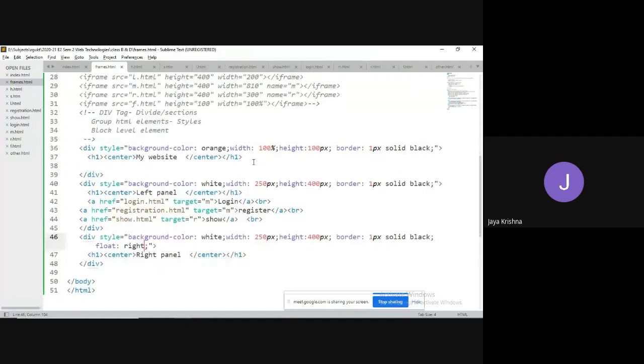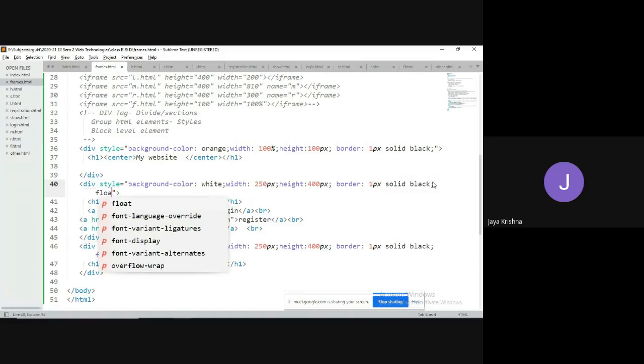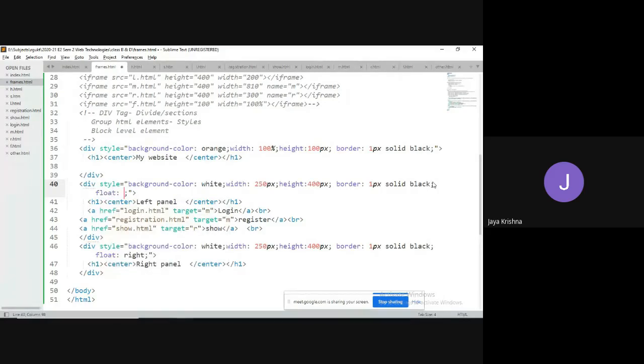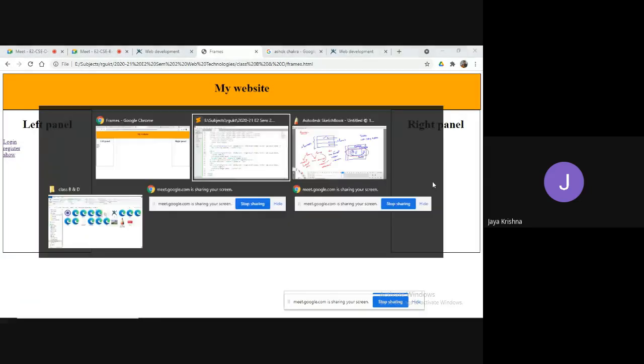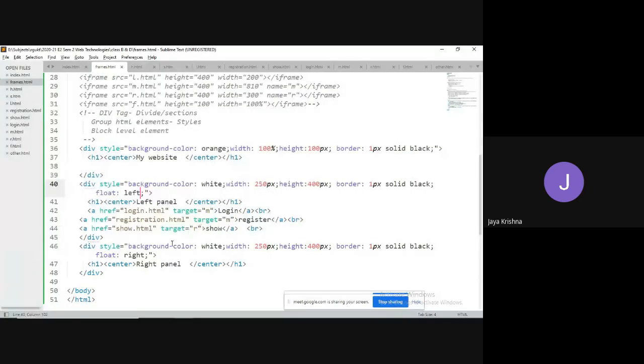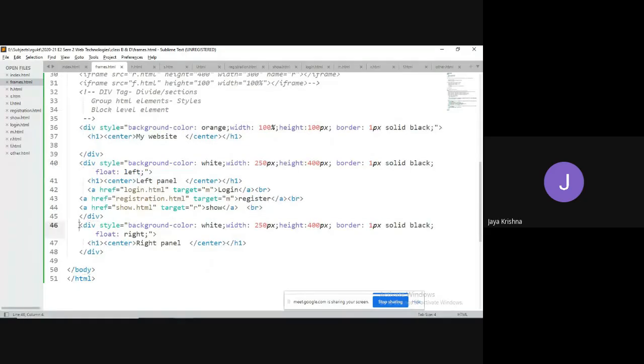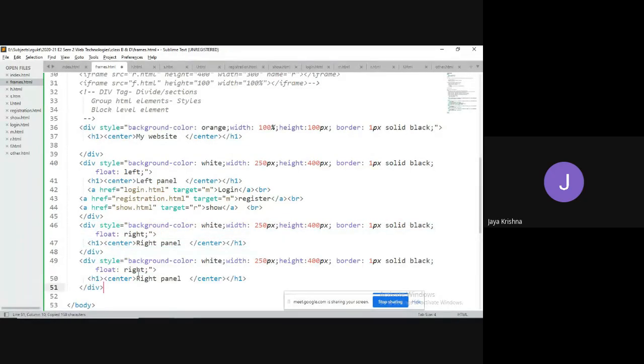I would like to make it clear for you. Here I would like to make it align float equal to left side. Now you will get the data like this. Yes. Now I would like to take one more thing. Float equal to center.